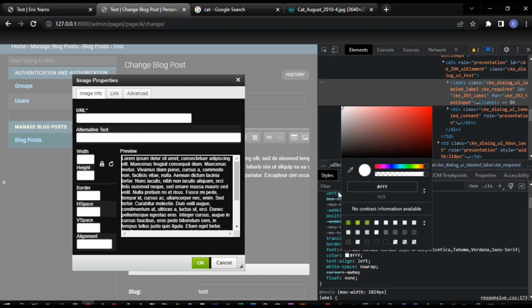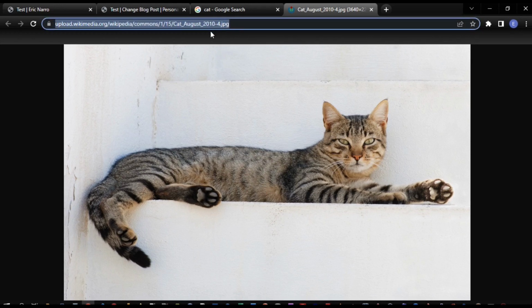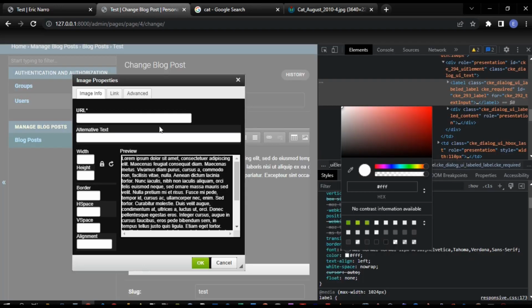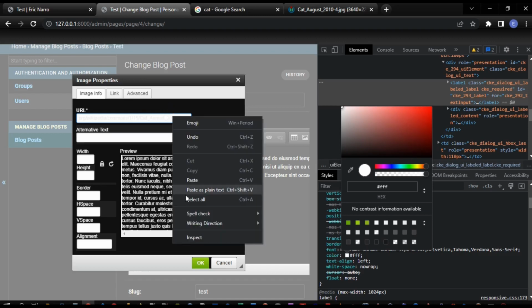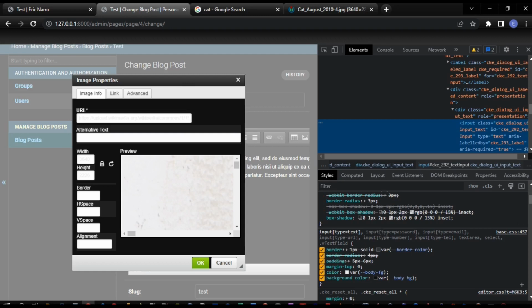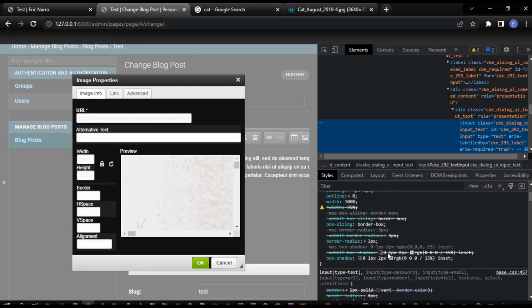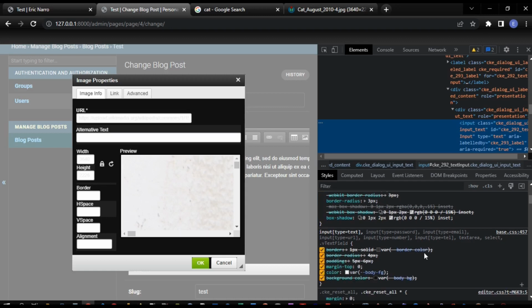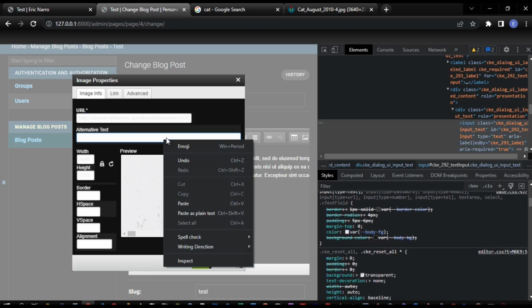So now I'm going to go upload the image of the cat that I had selected. So I take this URL and I copy it in the URL box, and you see the problem now is that this text is also white. So what I'm going to try to do is when I inspect this element, I'm going to try to change the background color